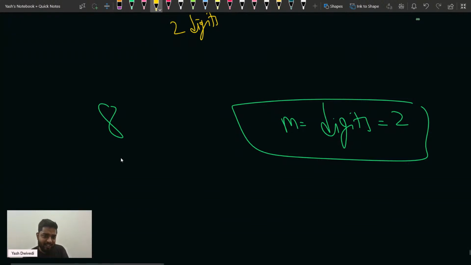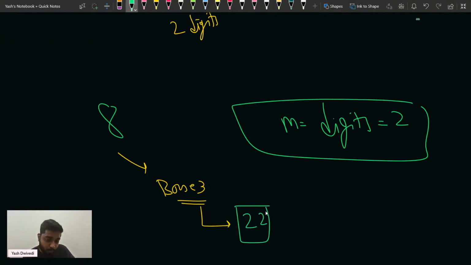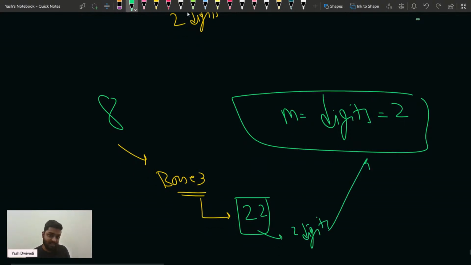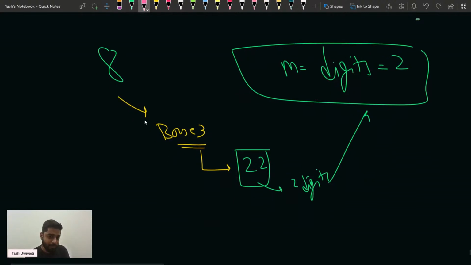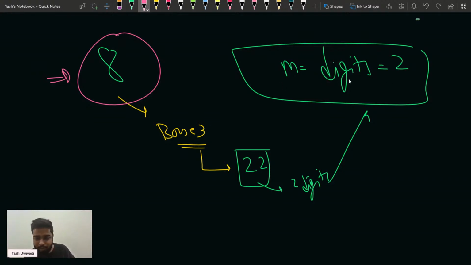So can I say that if I convert 8 to the base 3, then I will get 22? Basically the total number of digits is two, right? And that is what the question is asking. For every number, what you have to do is, you have this number 8. Now you have to find